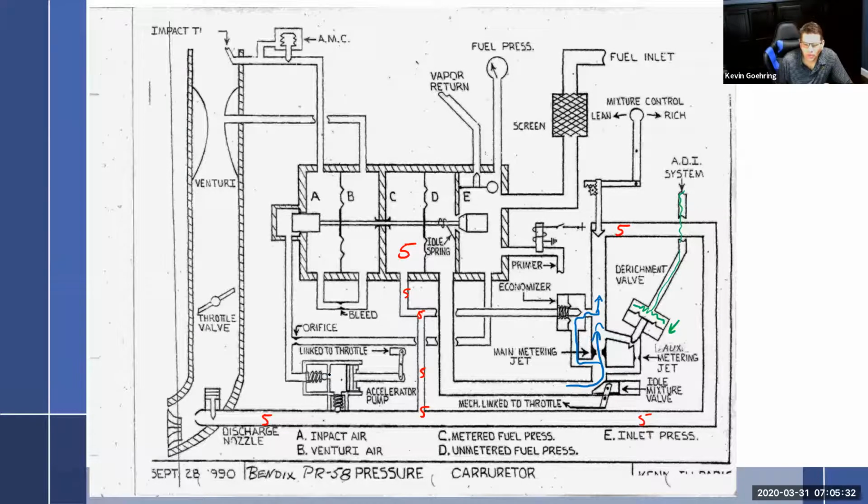Okay, so I need a different color. Okay, so we know that this ball can only go to the left, and we know this one can only go up. I hope everybody could see that. This is how you figure things like this out. I look at it and I know that, and I know that. And so this right here is a piston. That piston can go right and it can go left, and it's called an accelerator pump. It's linked to the throttle, right? I'm just reading this stuff, right?